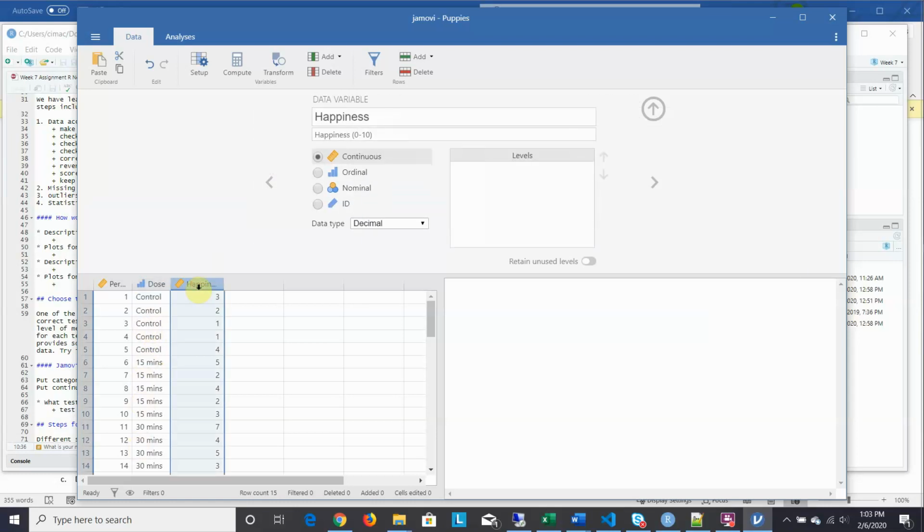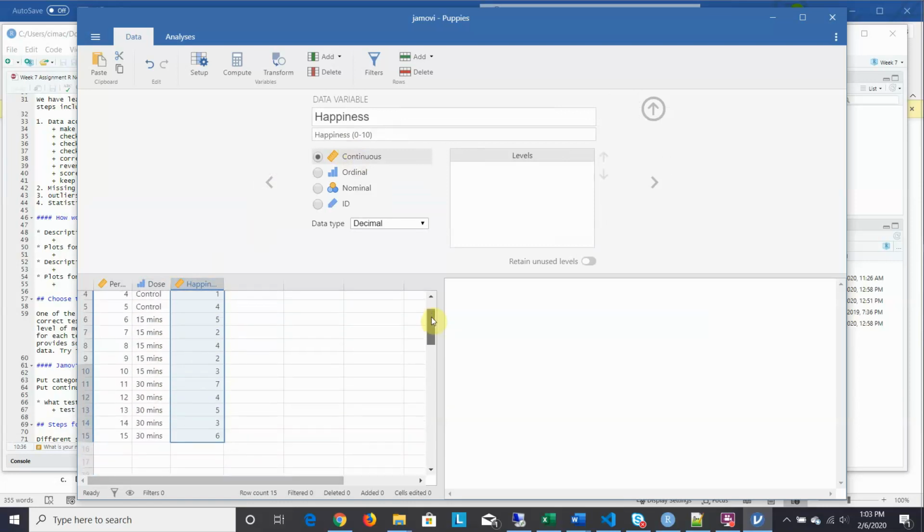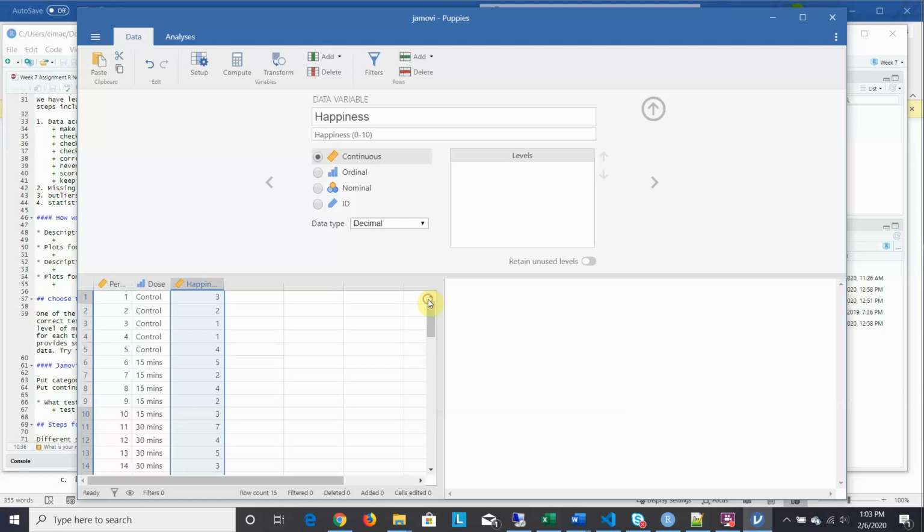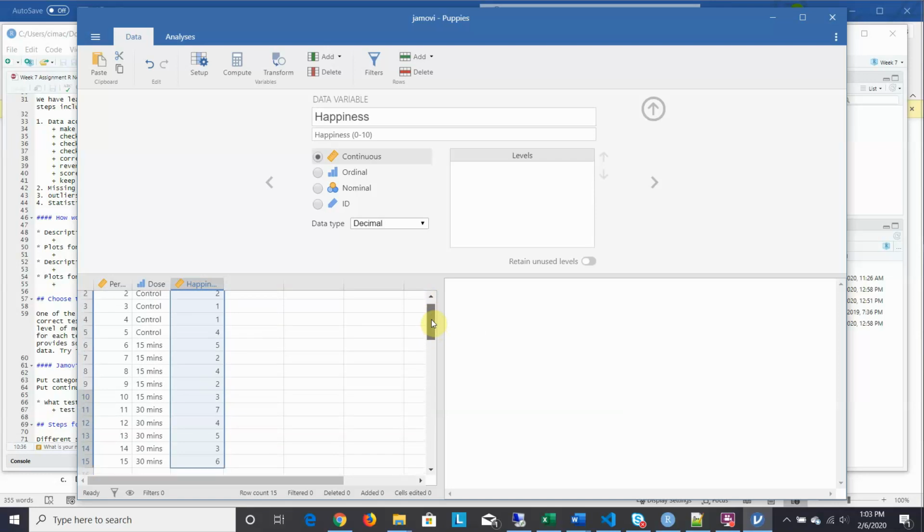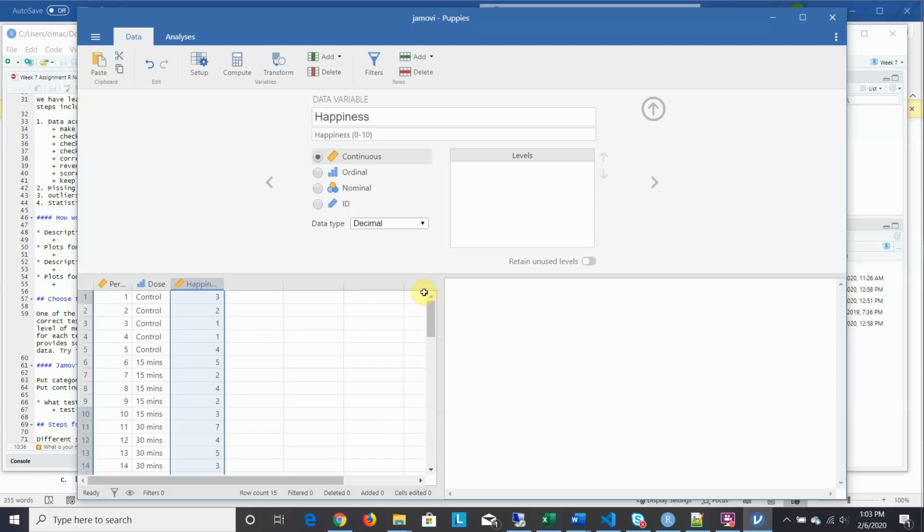The happiness rating is a continuous variable, and it looks to me like it's on a range from 1 to 7, and by my regular rule of thumb, I would actually call that ordinal because it's less than 10 categories, and it's kind of a Likert type question where it has people rate something. And